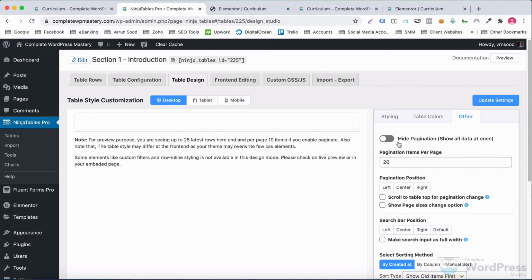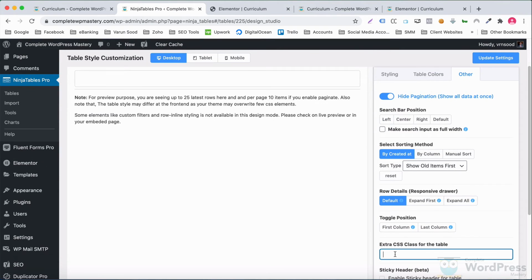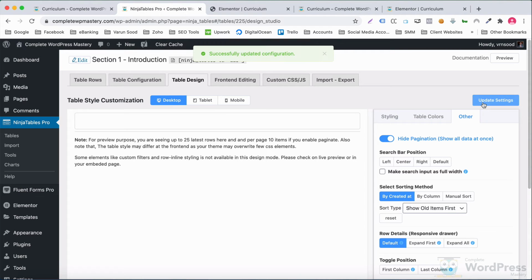I do not want pagination, so I'll hide it and also add a CSS class to the table that we can use for further styling using CSS. I will update the settings.